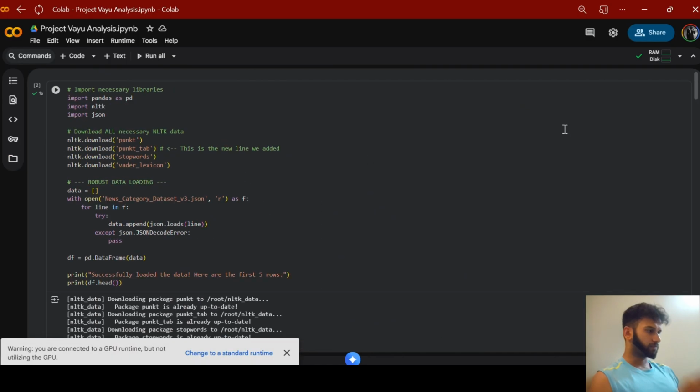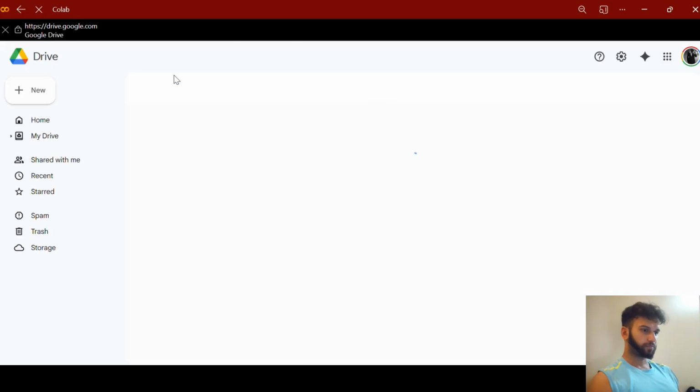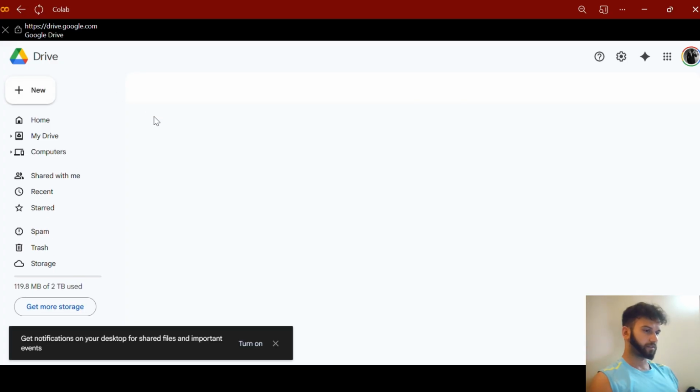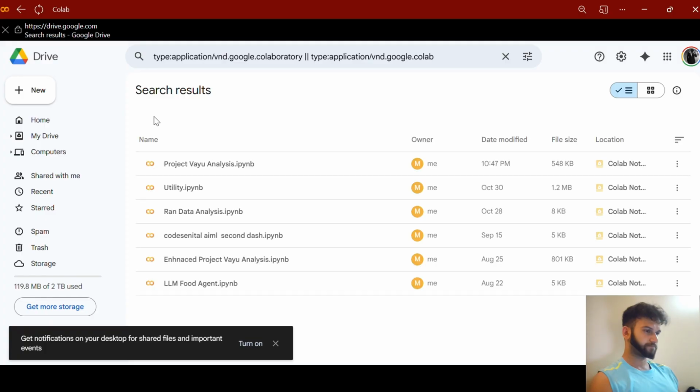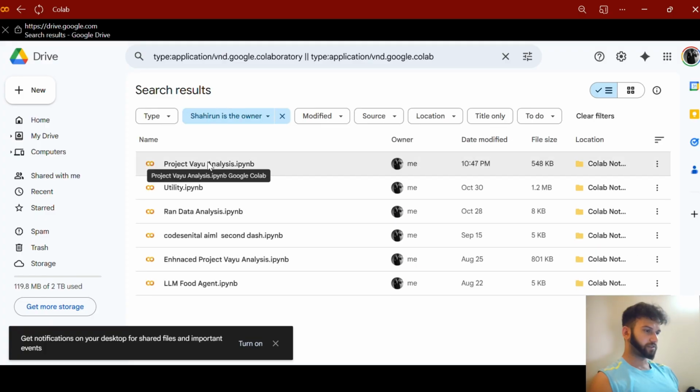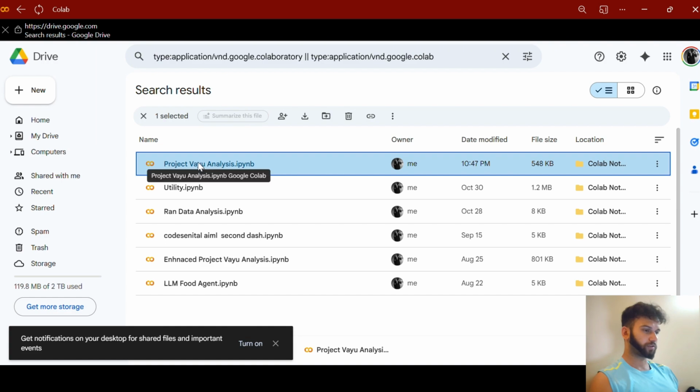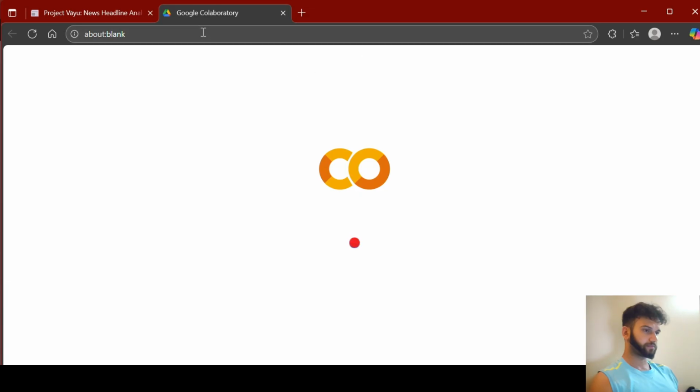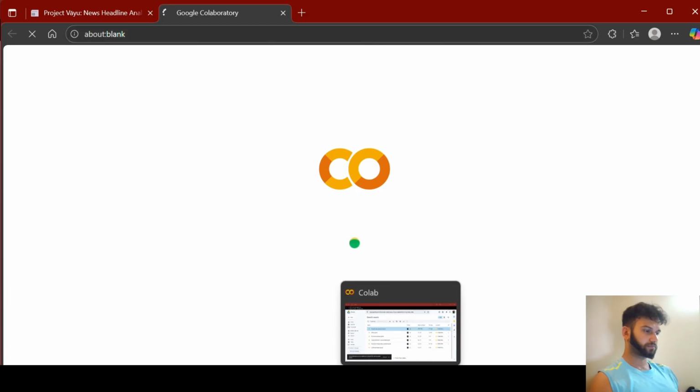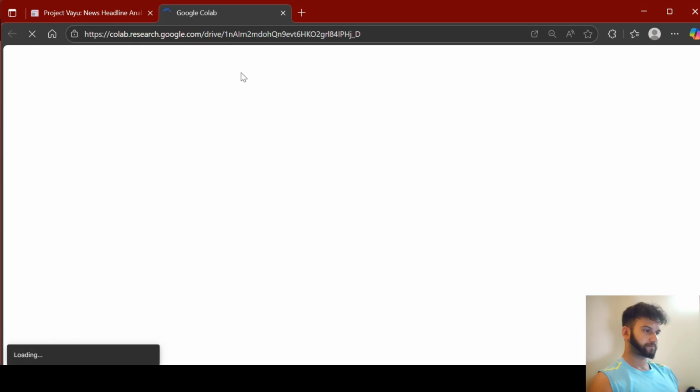So basically, for the project Vāyu analysis, you have to open a new notebook here. It takes time to load.